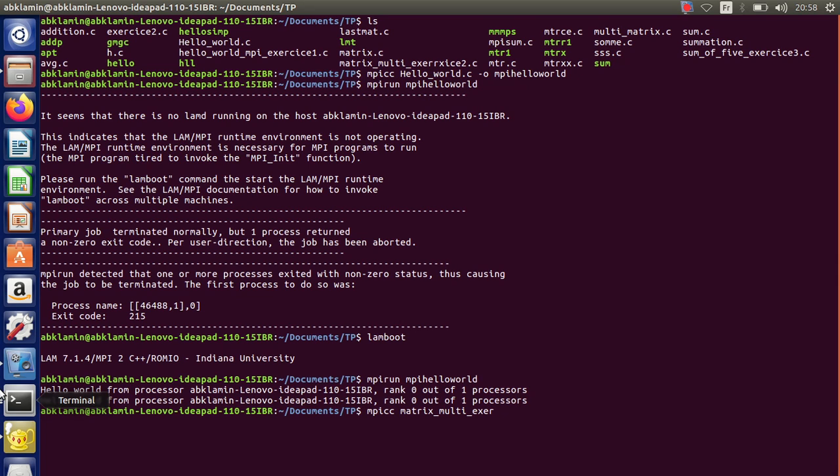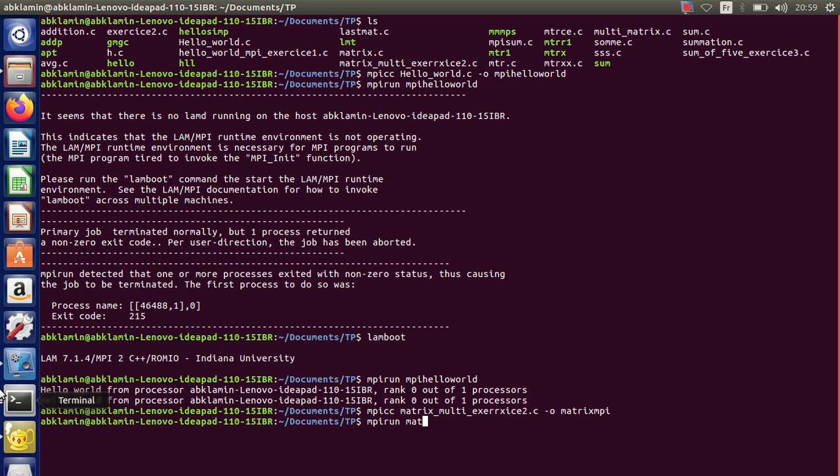Oh, there is an error in writing the name, so I have to be very careful. Exercise 2.c, matrix MPI. It went successfully. Now we have to run